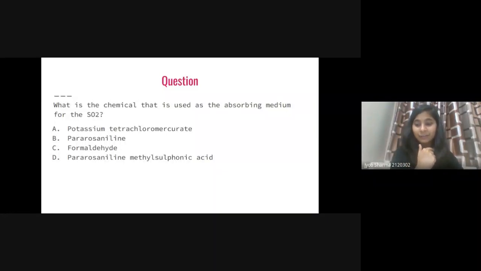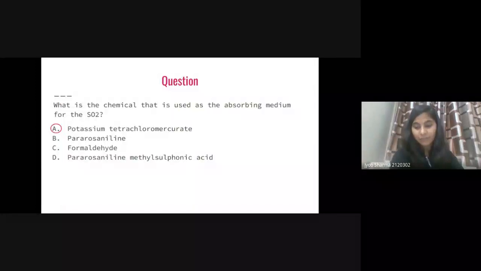So can anyone break this tie between C and A? Alka, you already have got it. Okay, Korea gave me A answer. So right now I have the majority for A in spite of C. So let's see. A is the right answer, that is potassium tetrachloromercurate. So this is the chemical that we will use to absorb the sulfur dioxide gas from the atmosphere into a liquid, right? So this is potassium tetrachloromercurate, and I have written these three chemical reagents as well,